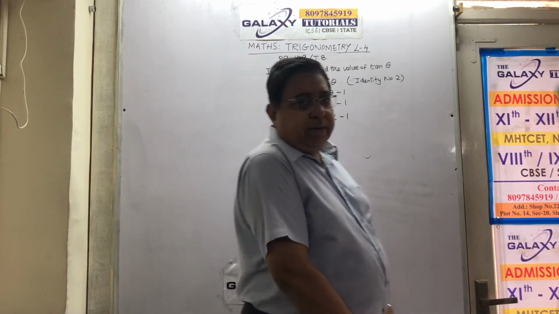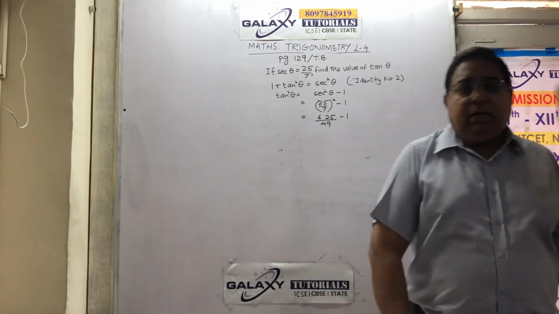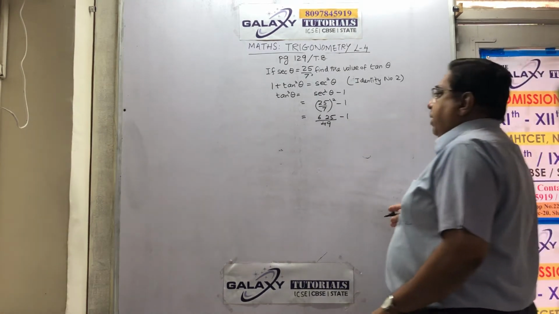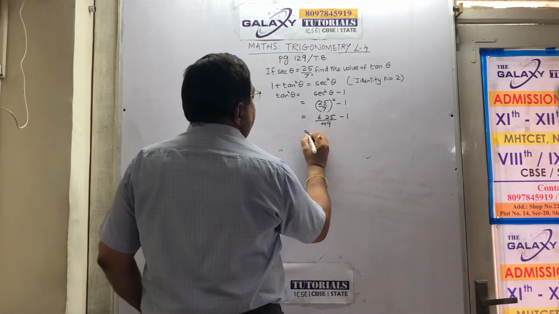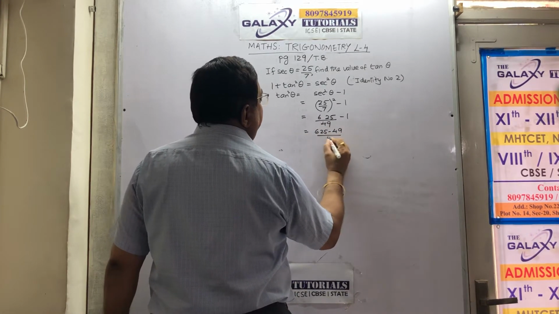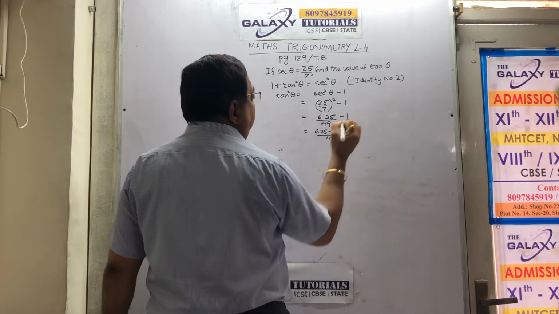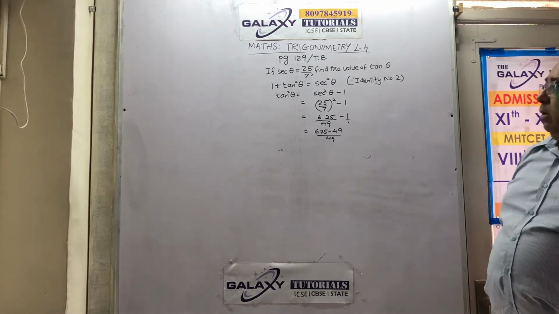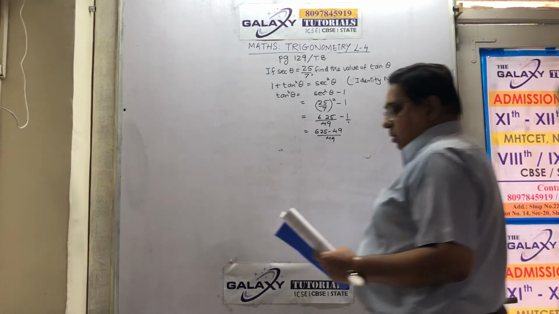Please learn the squares, write them down in a table and kindly learn them, otherwise it will waste time. I keep reminding you. Now you have the time. 625 minus 49 upon 49. Again, how did I get this? You can take LCM. When I subtract, I get